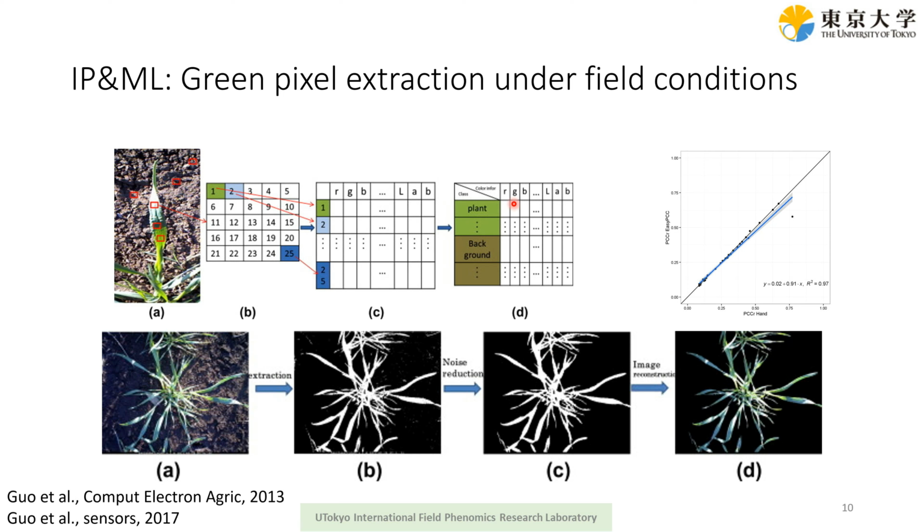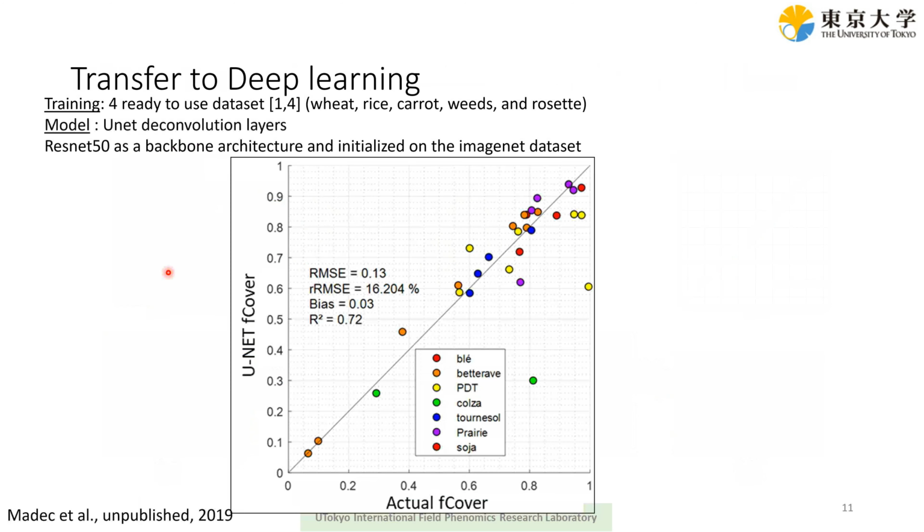However, after we ran this job for a lot of cases, we realized that even though the user is using the tool, it still requires the users to choose the training data very carefully. As you can see over here, the users have to pick the pixels very carefully to cover all the light conditions from the database they have. So we started to rethink these problems, and thanks to deep learning